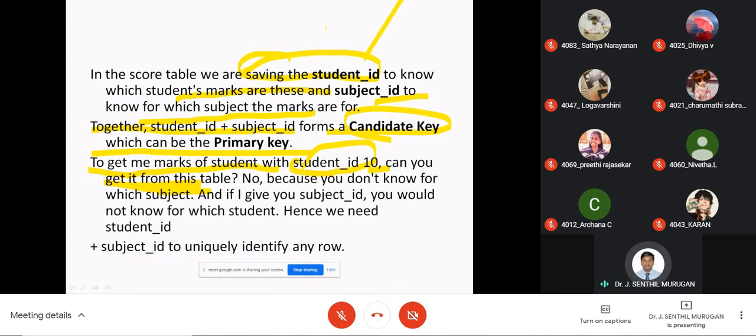Because we don't know which subject, and if we give only the subject ID, we would not know which student that is. Hence, student ID is also added, to avoid the confusion. So it is a unique identification of any row.